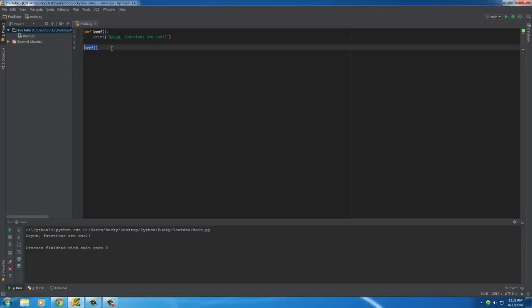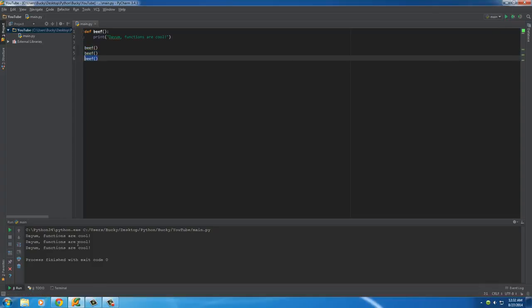And like I said before, the cool thing about these is you can use them over and over and over again as many times as you want. So this will call the function, and whenever I say call a function, that's just what use a function means. Just a technical stupid programmer talk. Calling a function means using a function. So I'm calling beef 3 times. Simple enough. So now let me show you an actual useful function,